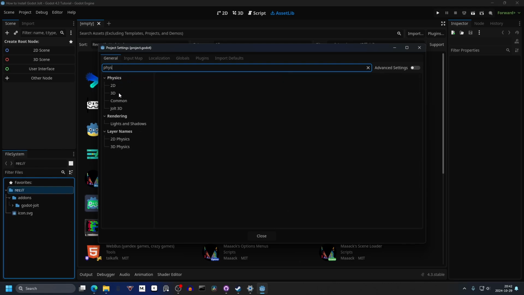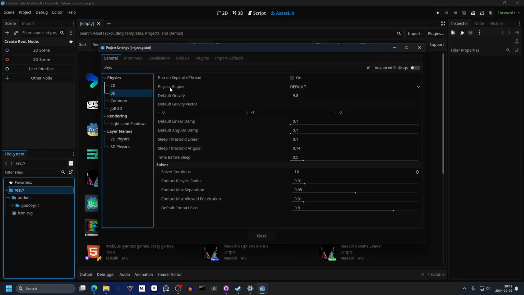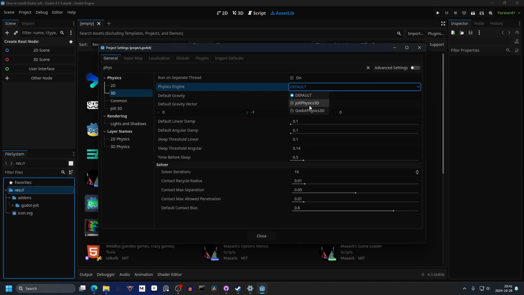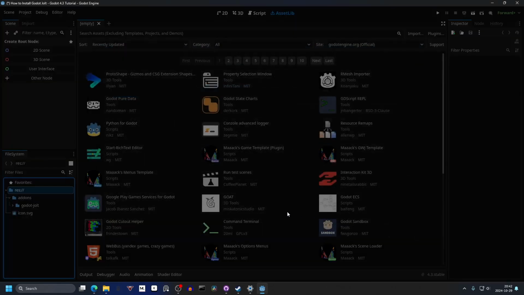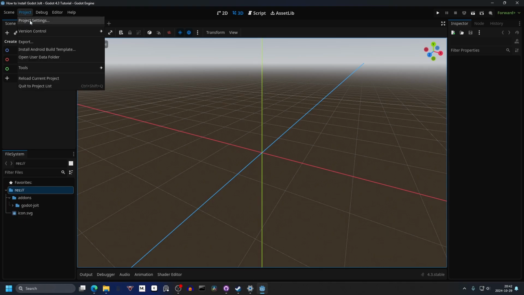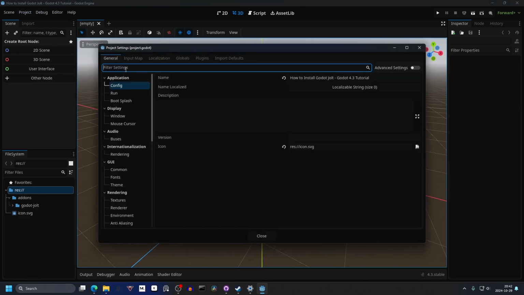Under physics, you want to select 3D, and the physics engine you want to use is Jolt Physics. And now it requires another save and restart, so do that. And now your game uses Jolt Physics. It's that simple. Another thing you want to do if you want to enable Area 3D to work in your